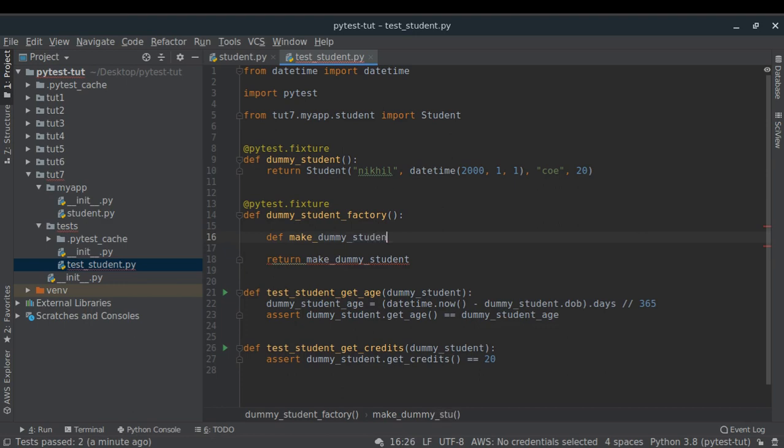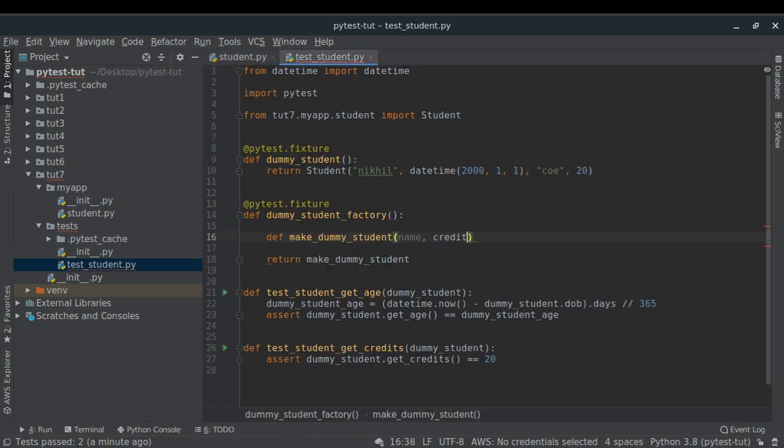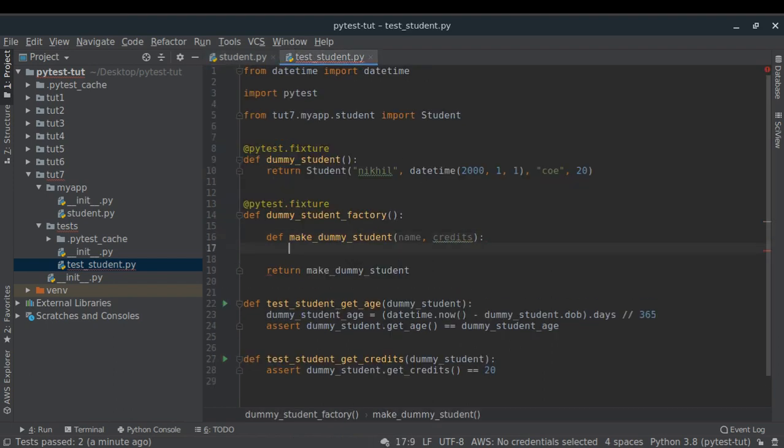Make dummy student. It is just like a decorator sort of. So def make dummy student, and here I will take name and what else. For now, to make things a bit simple, I'm just going to keep the date of birth of all the students the same and the branch the same, just the name and credits will be different. So name and credits is what I will take in order to create a new dummy student, and I will just return